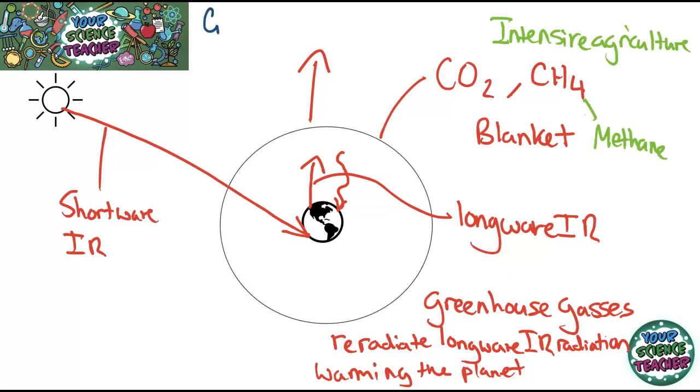Now, this greenhouse effect that has been going on for millions and millions of years, it's important for our planet. If we didn't have the greenhouse effect, our planet would be too cold to even live. It would be constantly frozen over. However, it's the fact that we are now putting in copious amounts of carbon dioxide and methane into the atmosphere, which is warming the planet at too much of an alarming rate, and it's melting the ice caps. And we're going to have a look at some of the massive problems that can be caused due to changing